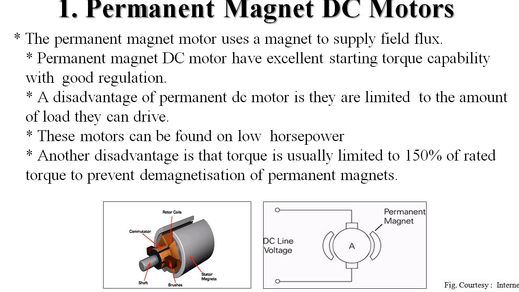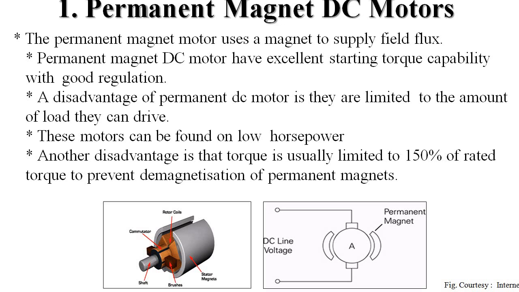Under that there is a rotor coil and there is a commutator which acts as an electrical switch, which supplies electrical current to the coils, and brushes are used to change the phase throughout the phase diagram. We have seen the phase diagram, so they are used to change the phase.